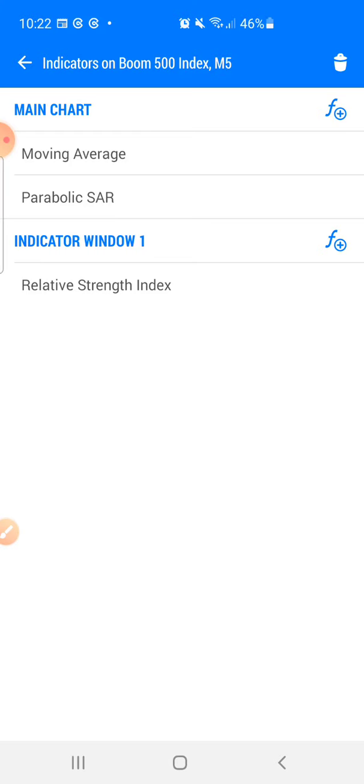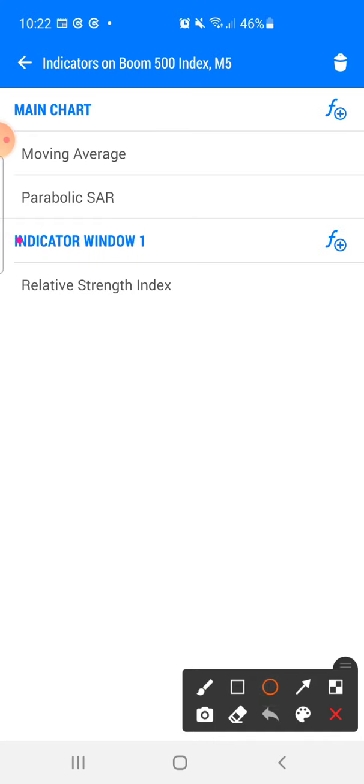It will show on the chart on your candlestick. It will not show below the candlestick. So you have to add this window 1 first. Okay, you have to add this window 1 here first. Once you add the window 1, you can add any indicator through this plus button here